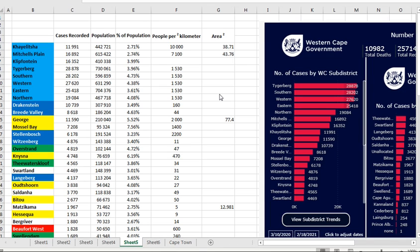Now, what I have to stress is something very important, and that is that data science is not an exact science. It is based on probability. I will then use probability to provide you my analysis of the situation of these 8 regions in the Western Cape province. When one looks at Khayelitsha,